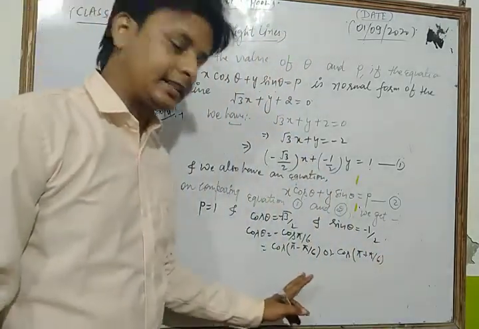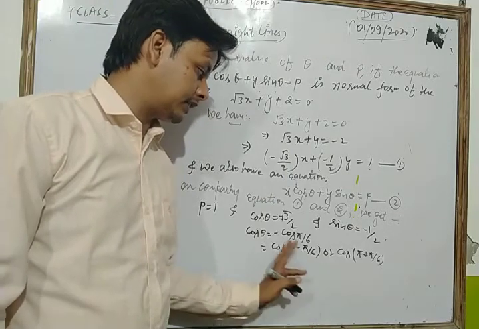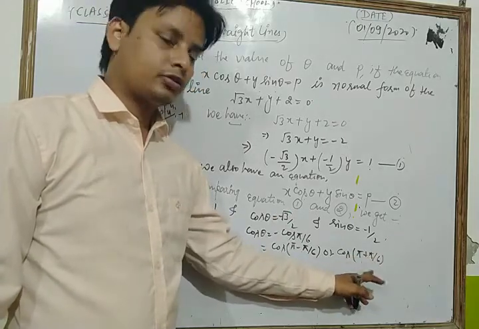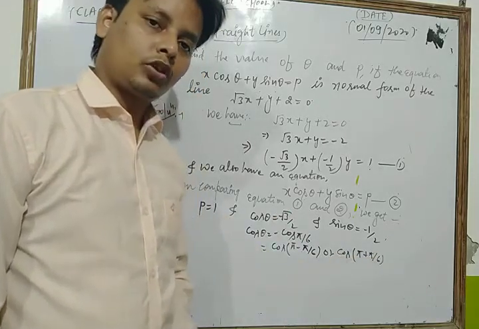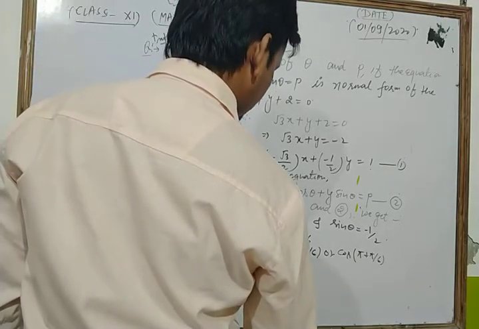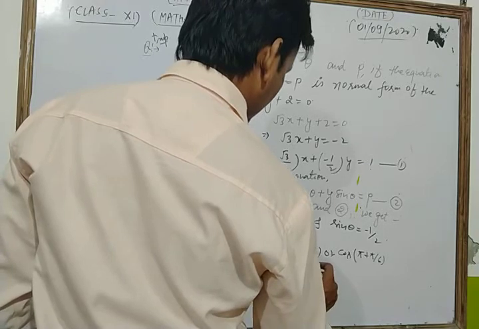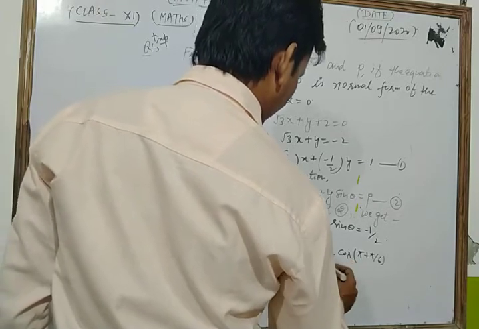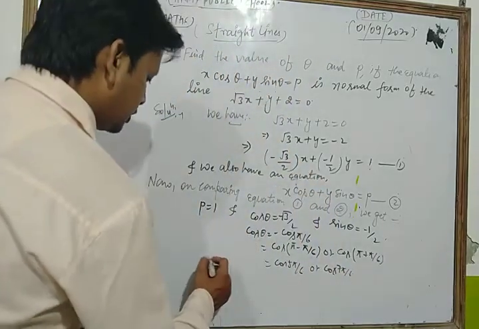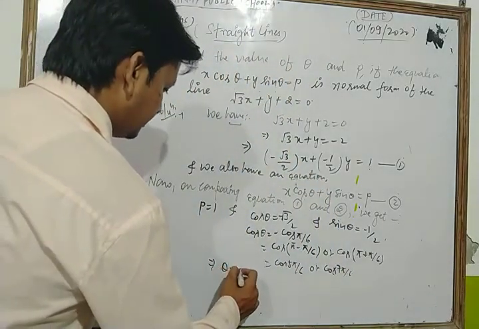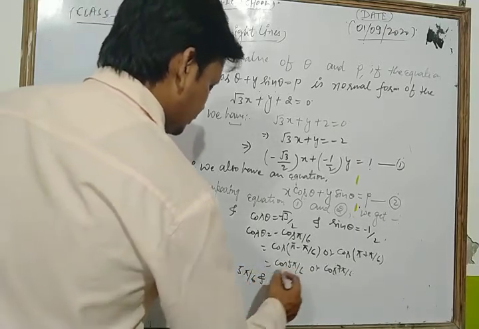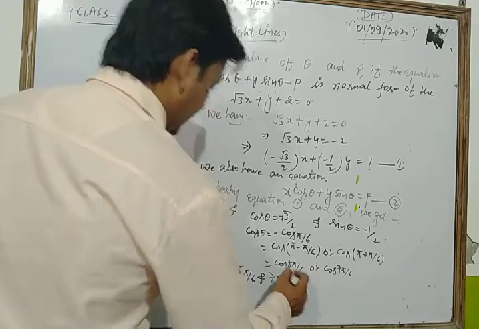in both the cases, cos pi minus pi by 6 is minus cos pi by 6 and cos pi plus pi by 6 is also minus cos pi by 6. So in that case we find the value of cos 5 pi by 6 and here we write cos 7 pi by 6. So from that equation all the possible values of theta are 5 pi by 6 and 7 pi by 6.